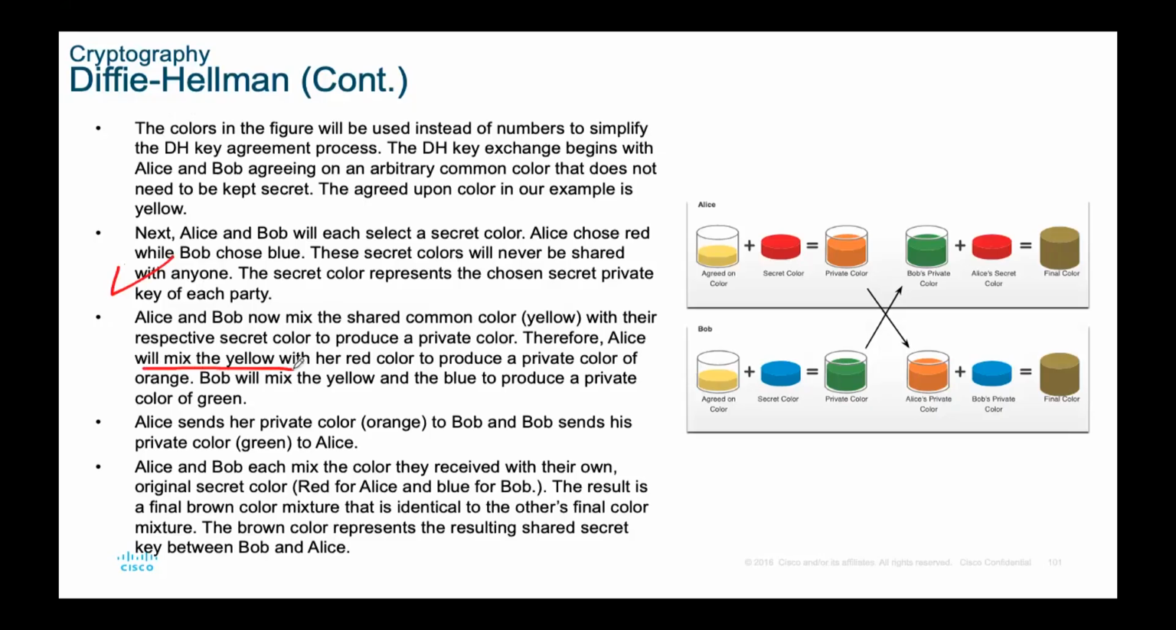Alice sends her private color orange to Bob, and Bob sends back his private color green to Alice. Alice and Bob each mix the color they receive with their own original secret color. The result is final